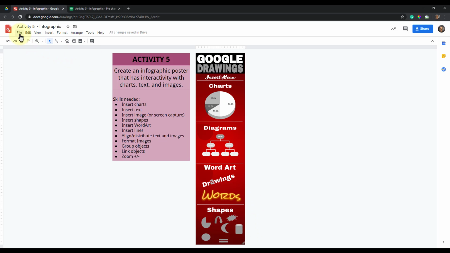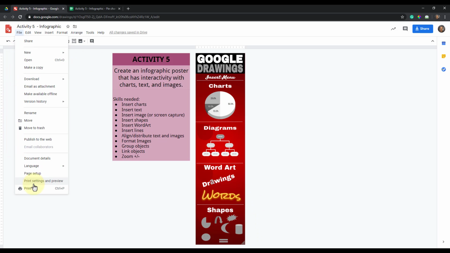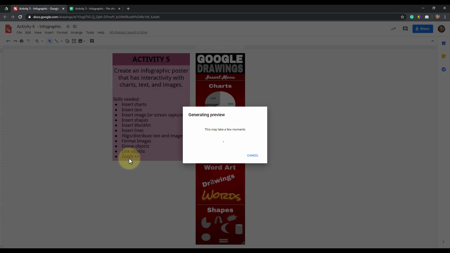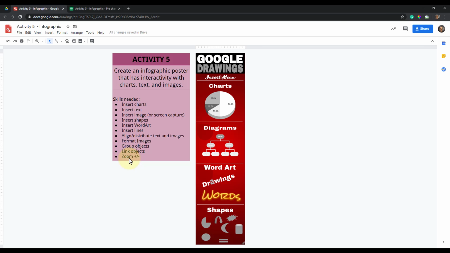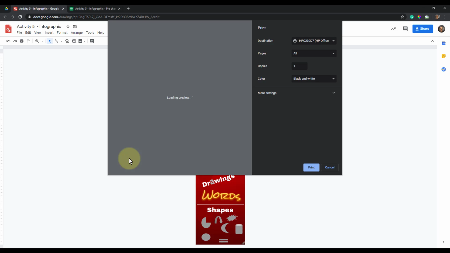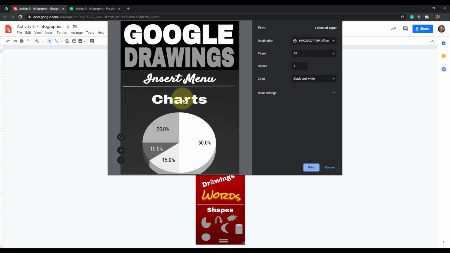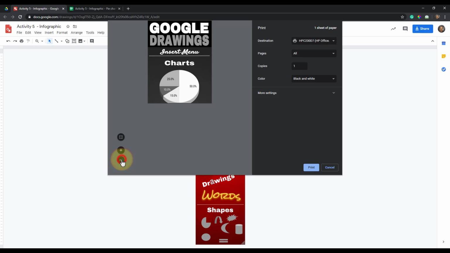So if I went to File, Print, if I wanted to print this out, it's going to generate the preview. And that's the only part that will print. So I minus this out. There's a page. Oh, see, that's what it looks like as one page. So if you had to print several pages, just make sure your lines are set up to cut